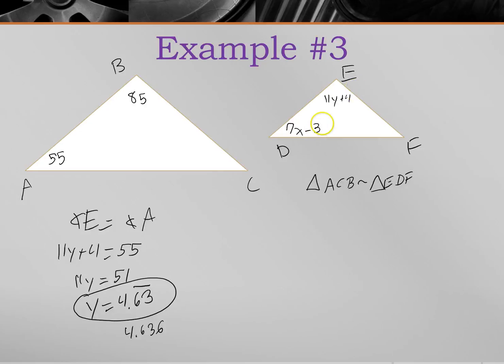Now, so that's Y. X is part of angle D. Now, angle D, second letter, equals angle C. But the problem is, I don't have a value for angle C yet. Not to worry, though. We do have two angles of this triangle. We do know that all three angles equal 180. So all I have to do is simply add those two angles together, 55 plus 85, which equals a total of